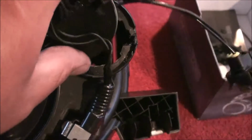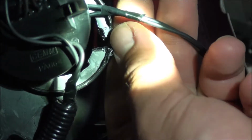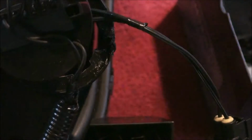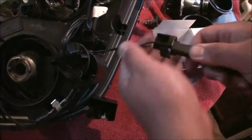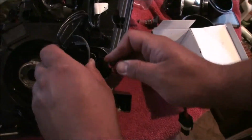So at the last second I changed it up. Instead I just used a hot knife, and all I did was I just notched out that little area right there and widened the groove. And now I'll just take my connector, plug it in, feed it into the housing a little ways,